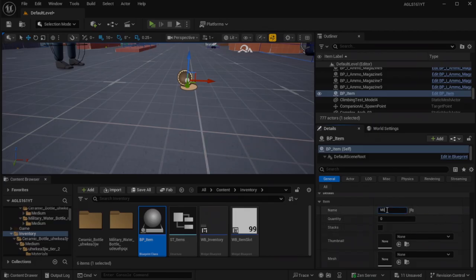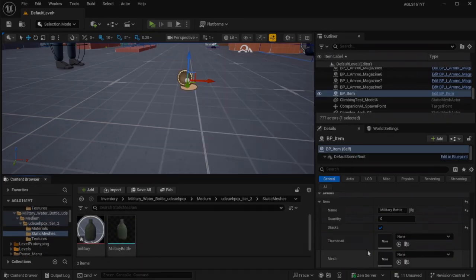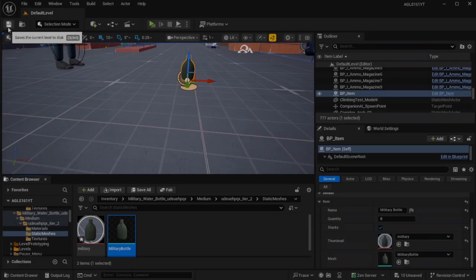So if we go just now and just add a name, just put in the military bottle. Now I'm going to make that able to be stacked. And then add in the thumbnail and the mesh. Now one thing to note here is that as we've used static meshes, the item will appear exactly where you place them. So you place them mid-air, they will appear in mid-air, which is great if you want a sort of magic type game. But if you want them to be on the ground, go back to the construction script